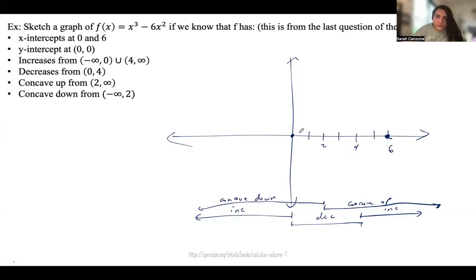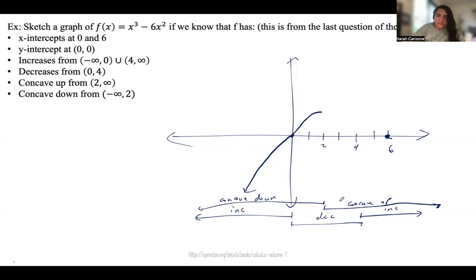We know that we have to go through this point right here. It's both the x-intercept and the y-intercept. We know that we're increasing concave down. So again, I can't start up here increasing concave down because then I never hit this point. So I know I have to start like this, increasing concave down, hit that point, I'll draw a little arrow. And then I notice that my first change in anything is going to happen at 2. So I'm going to continue to increase concave down